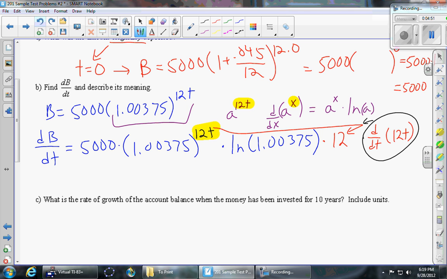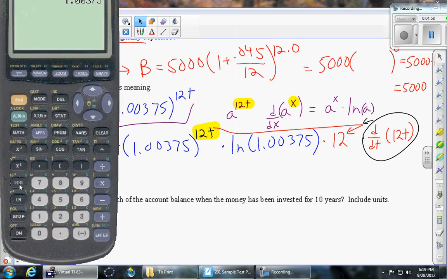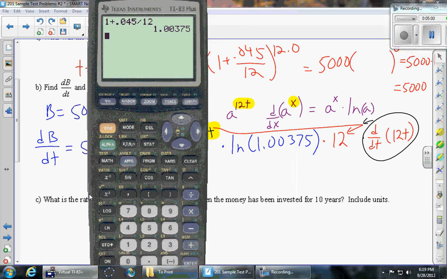So that's our answer for the derivative. Let's go ahead and clean it up. We've got a lot of constants floating around in the front, so let's mush them together. So we're going to type all this stuff in here. 5,000 times